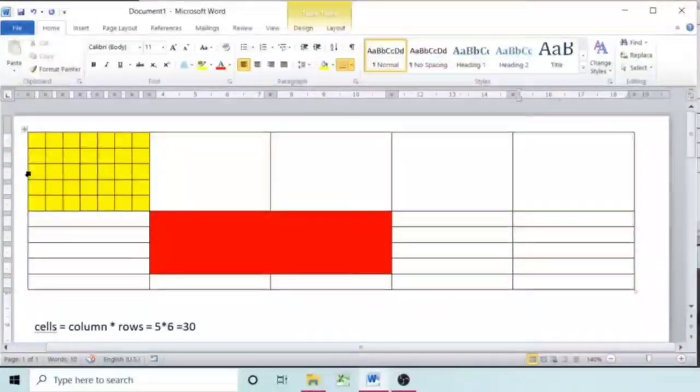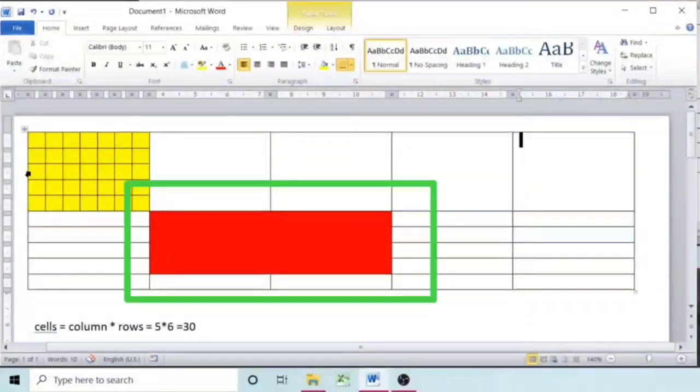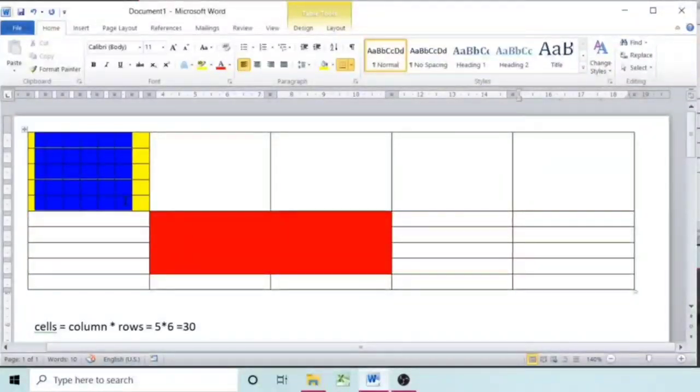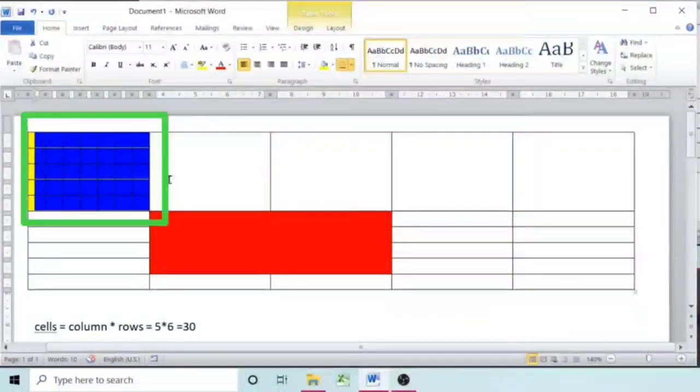In yellow highlighted cell, split option is used because one cell is divided into many cells, and in this red highlighted cell merge option is used. Why? Because this red cell is combined and one cell is formed. In this, one cell is divided into many cells. So I hope it's clear now what is merging and splitting.